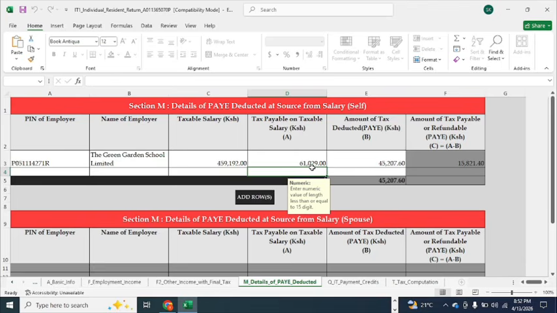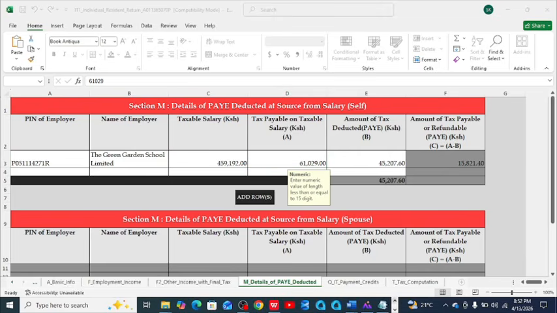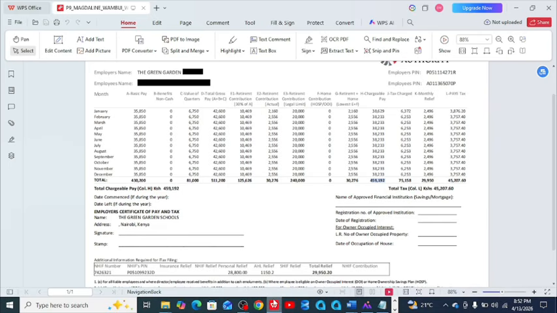So the tax payable on taxable salary. How do we calculate this? Even this is a wrong figure. So how do we calculate this? To calculate the tax payable on the taxable salary, what you're supposed to do, I need to get back into the P9 form. To get that amount, you need to get the summation of